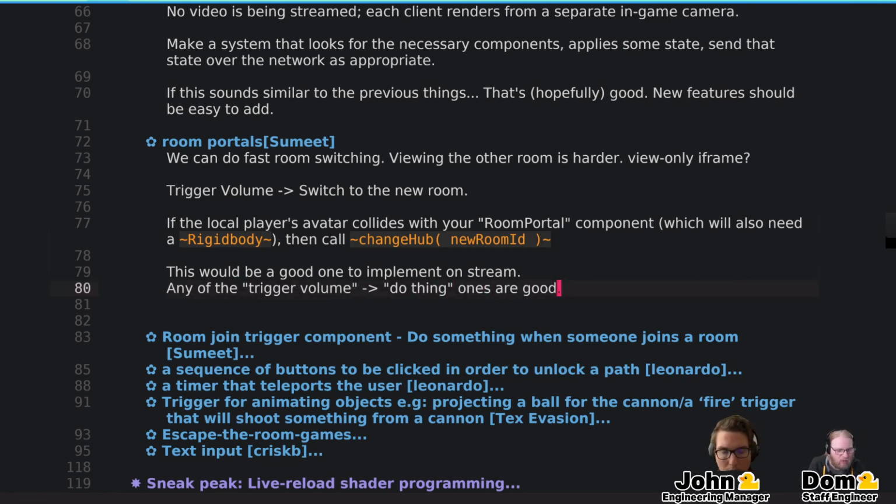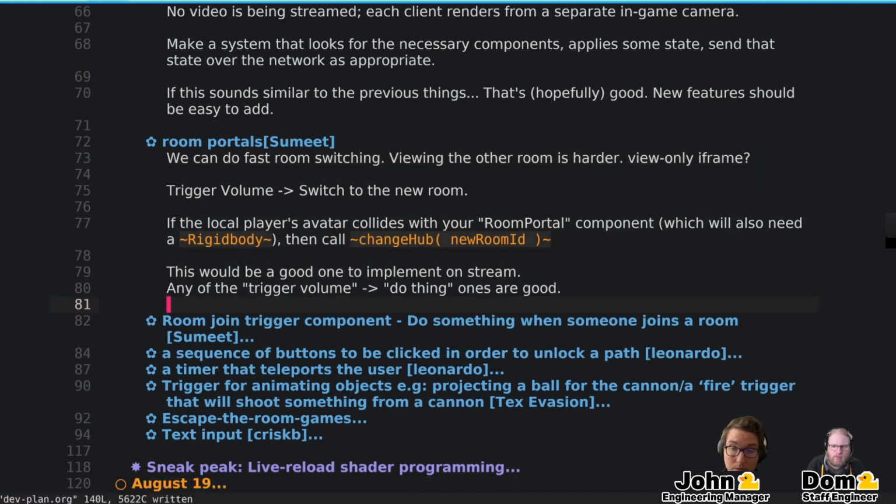Okay. It would be harder if you wanted a live view of the other room. Yeah. Maybe it's possible to load the other room in an iframe. I wouldn't do it in like a that mode. I think I would just like